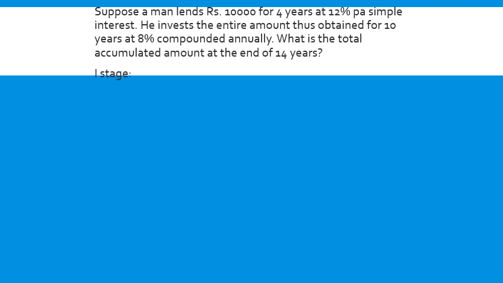First again, what is known, what is to be calculated? That is what you need to say. This is done in two stages. Because see here, he lends rupees 10,000 for 4 years at 12% per annum, simple interest. PA means per annum. So first he is lending, that means this is P, he is getting some amount after 4 years. So in the first stage, P is known to me, I am calculating F at a simple interest.